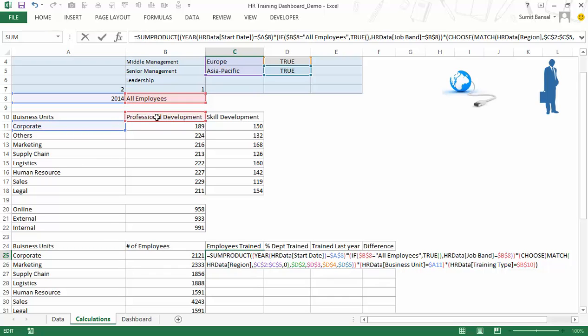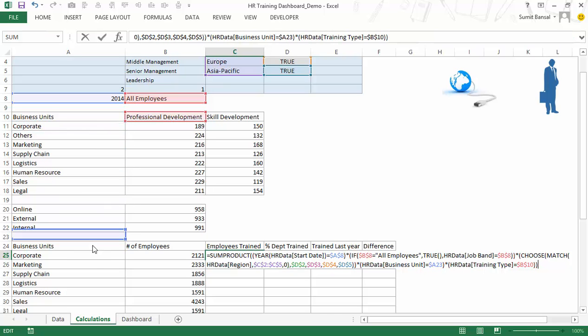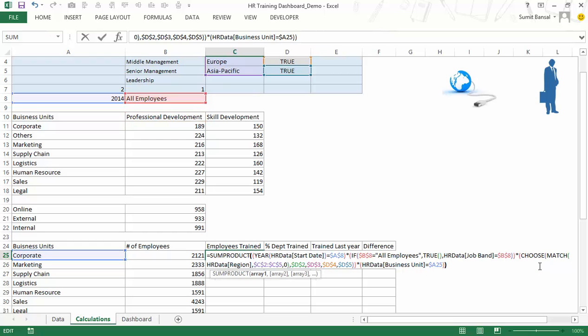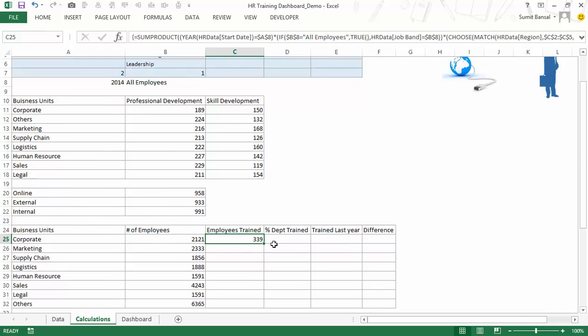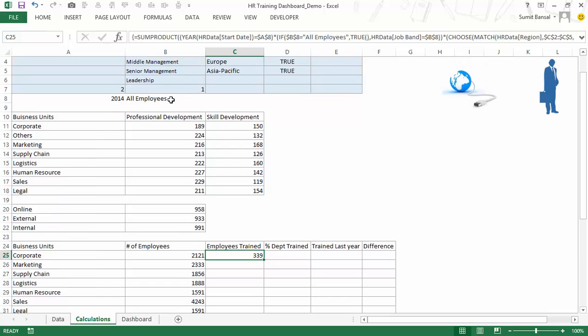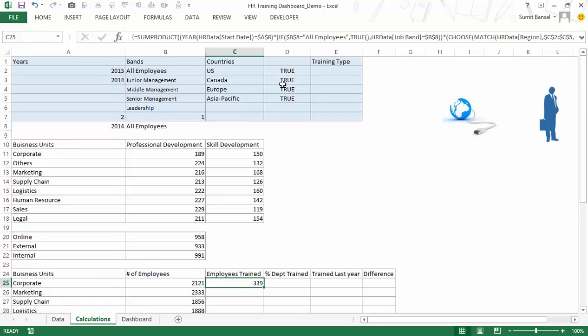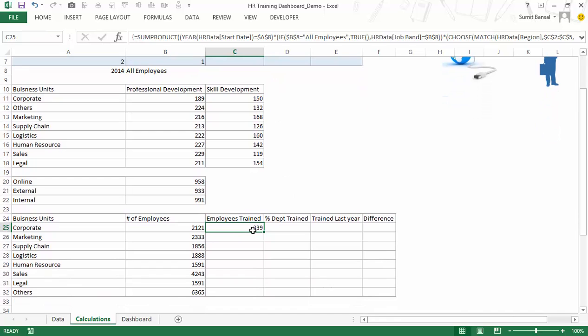I do not want professional development, but I do want the business unit, so I would change this value, which is A11. I would drag it down so that it refers to this cell, which is A25, and I don't want the last condition, so I would remove it, close the bracket and press Ctrl Shift Enter, and now it gives me 339,